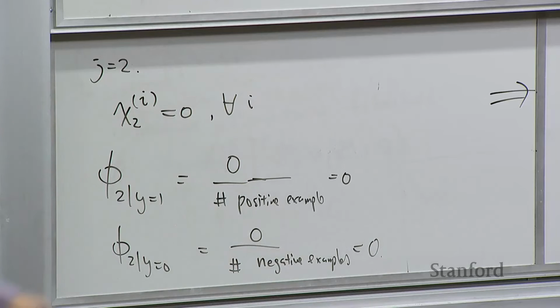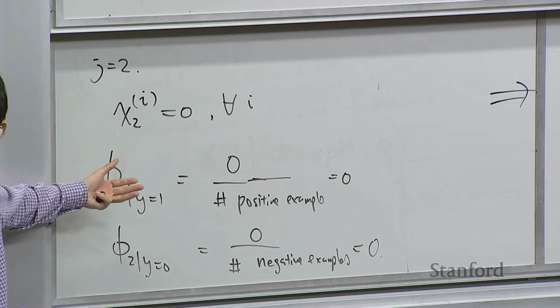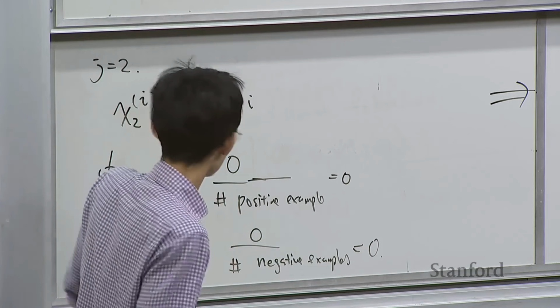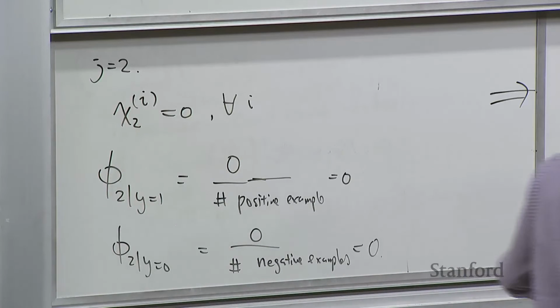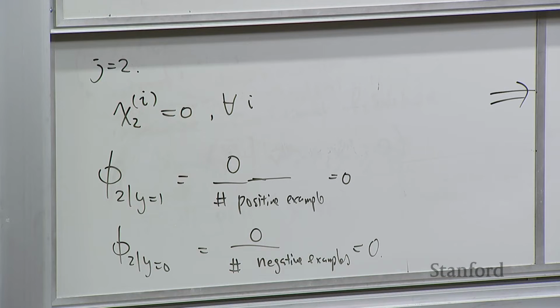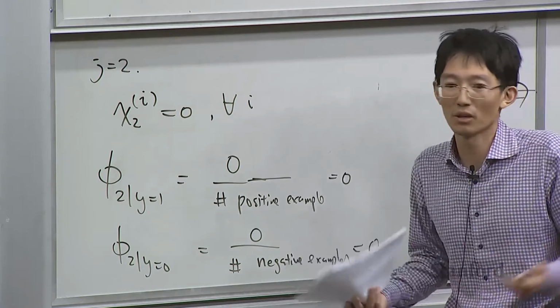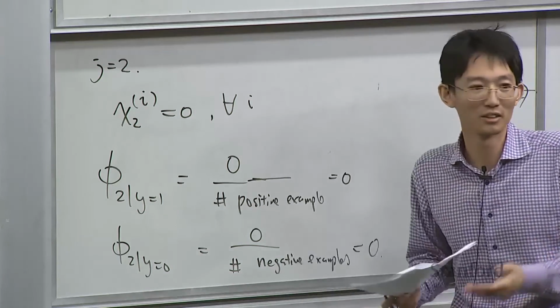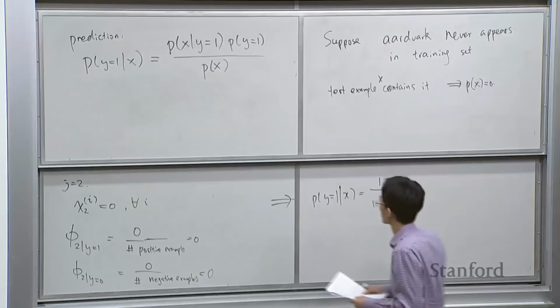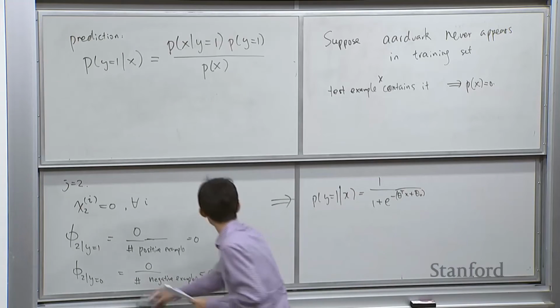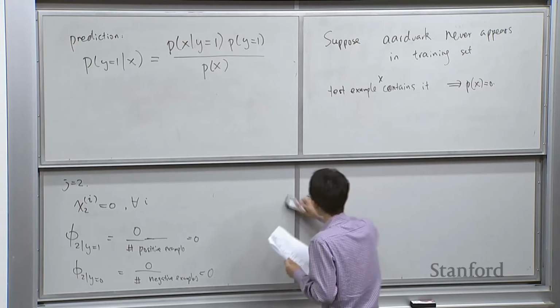So basically, according to your MLE estimate, this word advoc just cannot show up at all, right? Which makes sense because it didn't show up in the training set. In your estimate you also say it shouldn't show up at all under this set of parameters. But that's a problem because now if you compute p of x